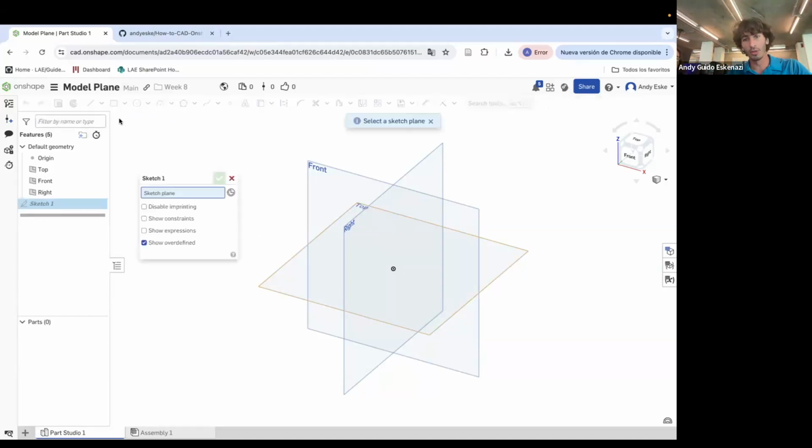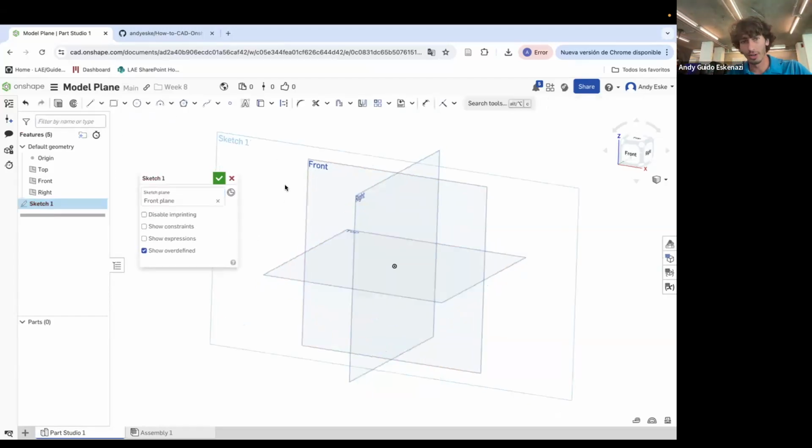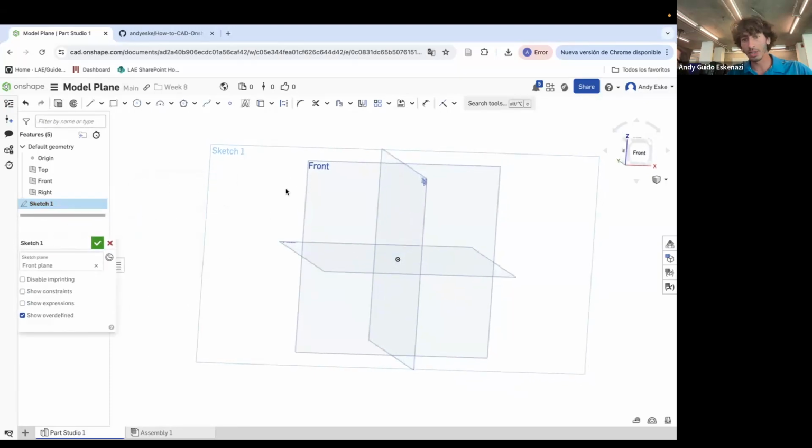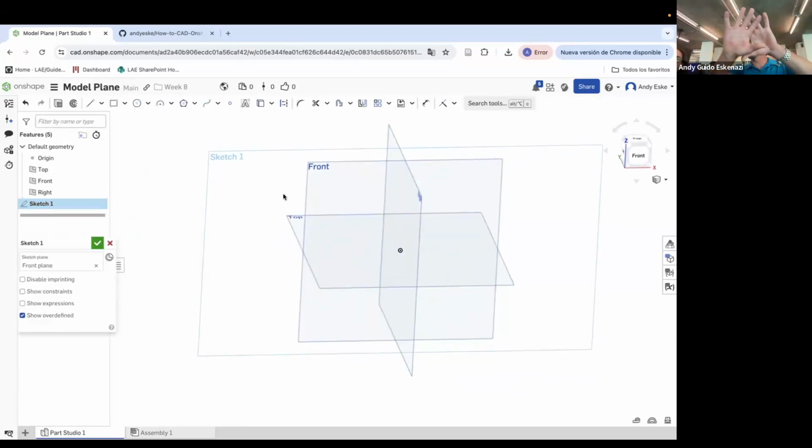The first thing that we can do is start the sketch here in the front plane, and just to give you an overview, we're only going to do half of the plane. We'll first do the fuselage part, and then we're going to create a plane that is next to that, and every time we do a part, we'll mirror that same part on the other side. And once we do that, then we'll do the nose,